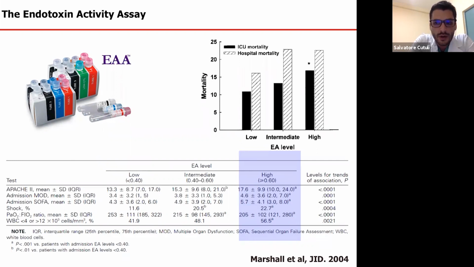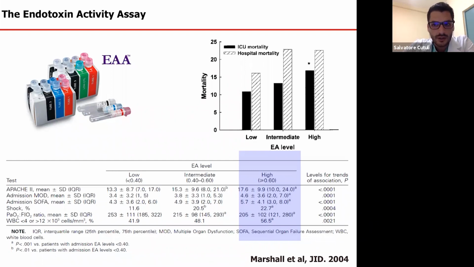allows us to have a biomarker, which is important to identify a specific population of patients which may benefit from endotoxin removal. And here we have a study done by John Marshall, and what they observed was that an increased level of endotoxin was associated with increased mortality, both at the hospital and at the ICU. So that's probably why it is so important to measure endotoxin, to identify a specific population of patients, and then